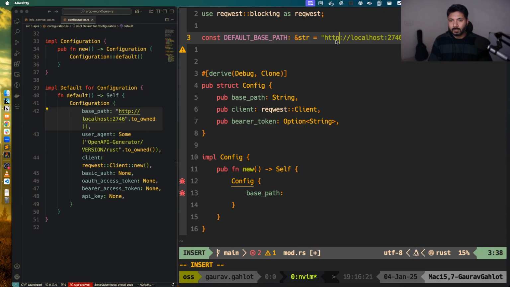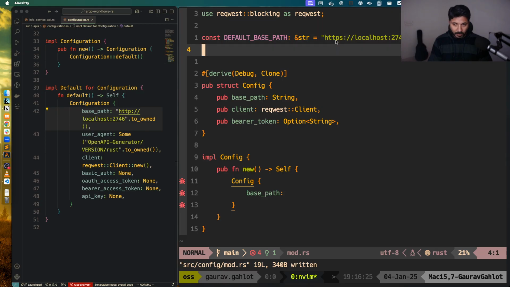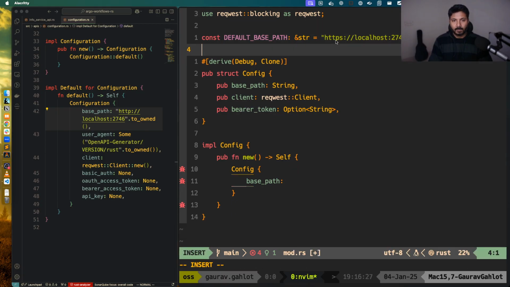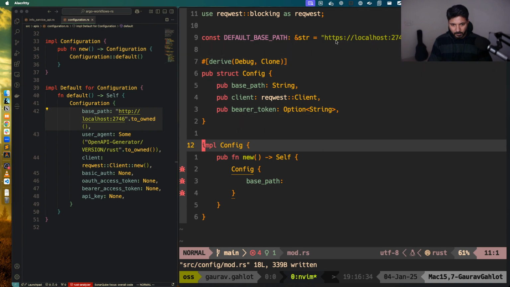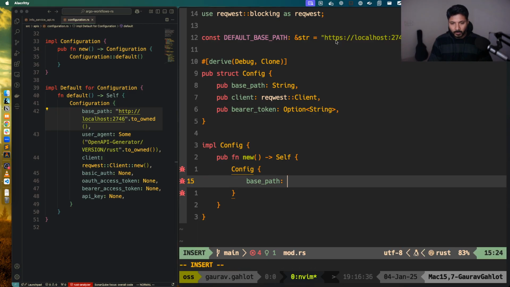Except that this is going to be at HTTPS. I don't want to host or connect with the server over HTTP because I don't think that is right. So we have declared a static constant. Now what we can do is base path, since it's a string, not a string slice, we will need something